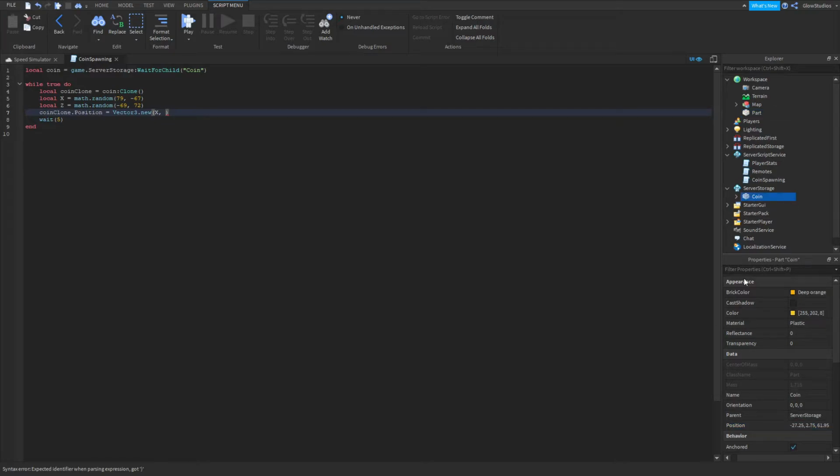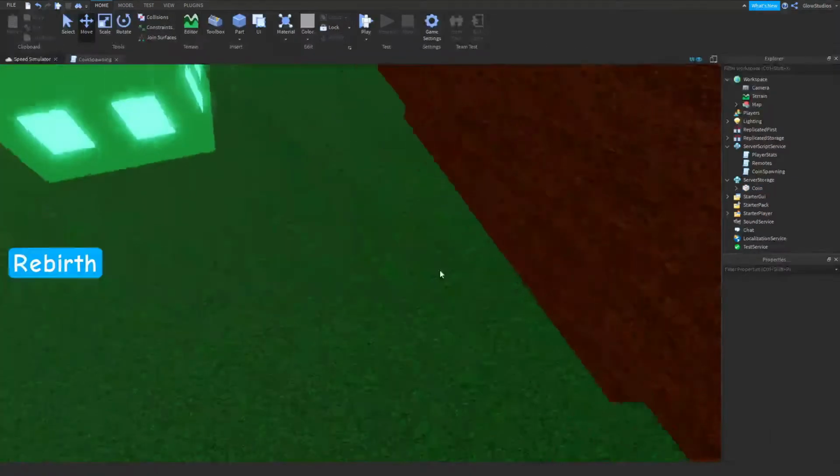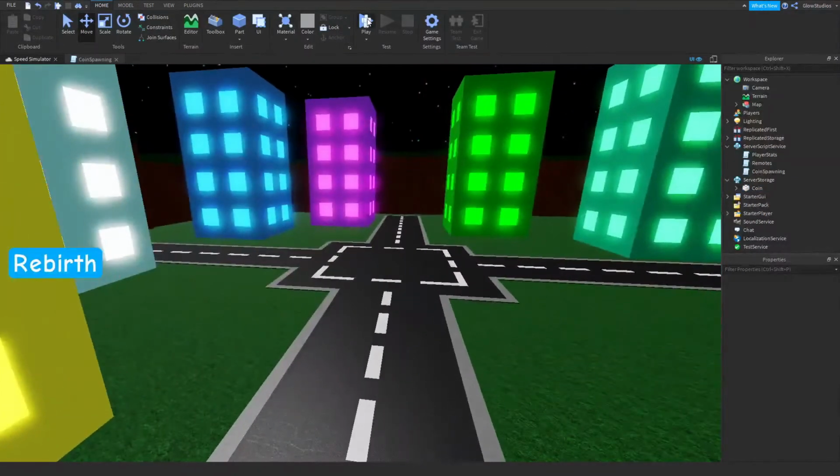Now I'm just going to look at the coin and check its y-axis. So 2.75, so X, 2.75, then Z. Now after we have done this, all we need to do is put the coin into the workspace. So coinClone.Parent = game.Workspace. Now we can remove this part, and we will see that if we go into the game,